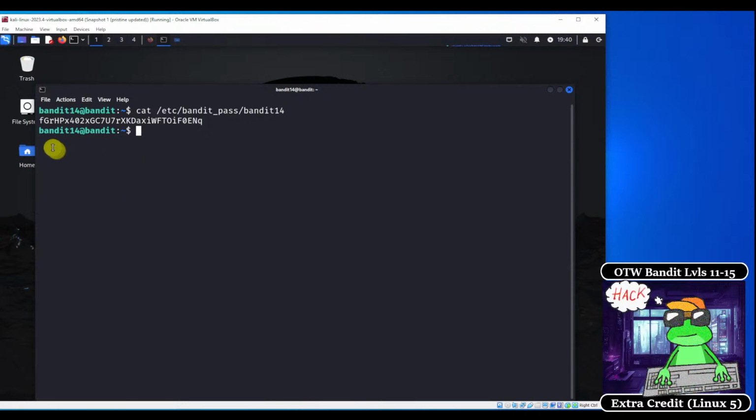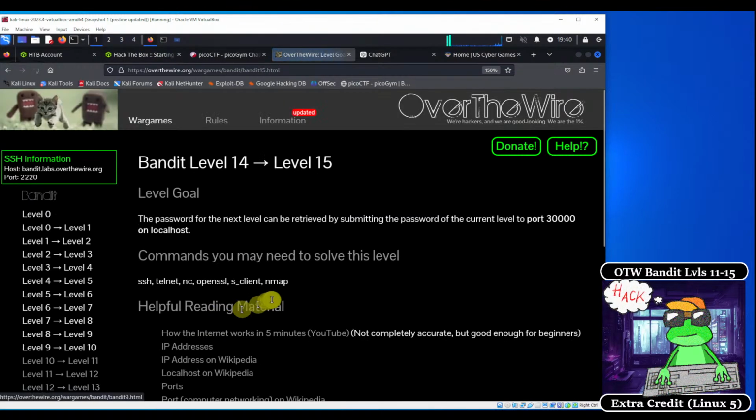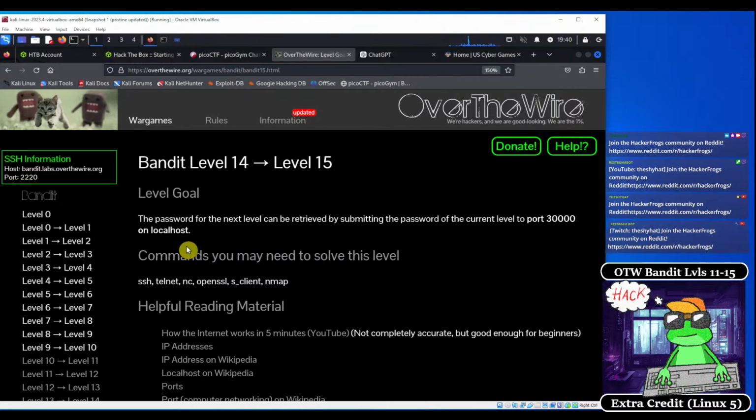So in order to go from Bandit 14 to Bandit level 15, let's read the level goal for this level. So we go back to the web page, and it's going to be 14 to 15. So it says here that the level goal is: the password for the next level can be retrieved by submitting the password of the current level to port 30,000 on localhost. Okay, so localhost refers to the server itself, and what we can do